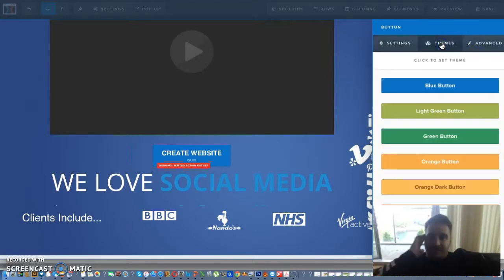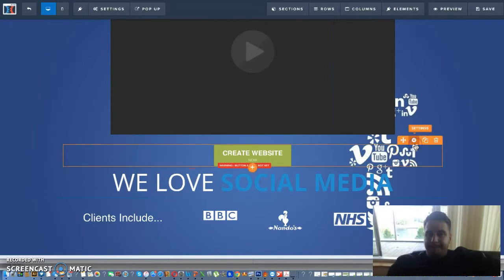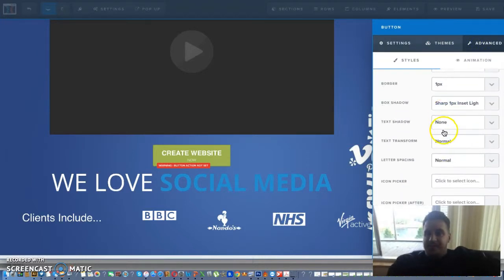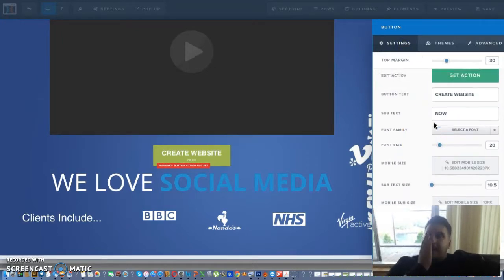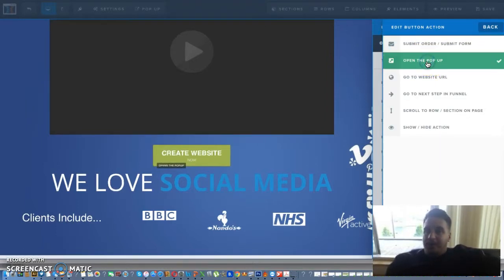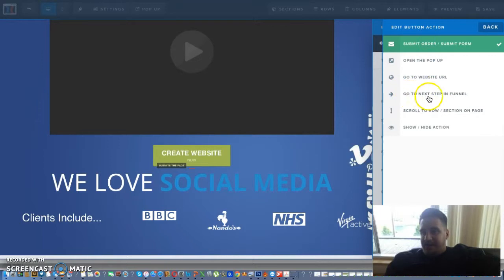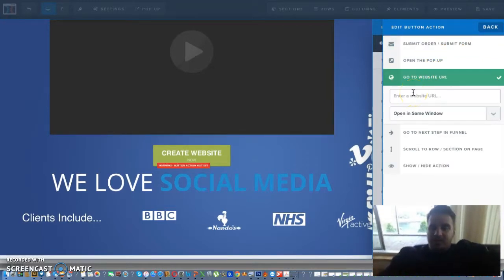You can do different things with your button, like change the colors. You can basically play around with this and do loads of stuff with it. It's really, really in depth. With this particular button, I want to send them to a website. So set action. I can submit the page, I can open a pop-up, I can go to a website URL, I can go to the next step in the funnel, or I can scroll down to a section on the page. In this case, I want to go to a website,